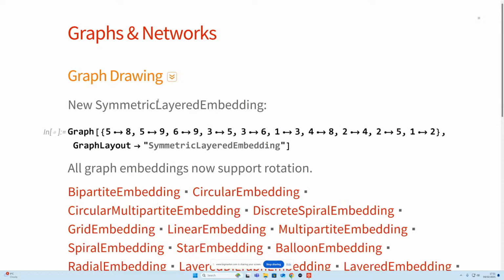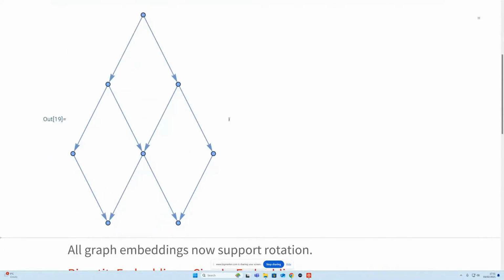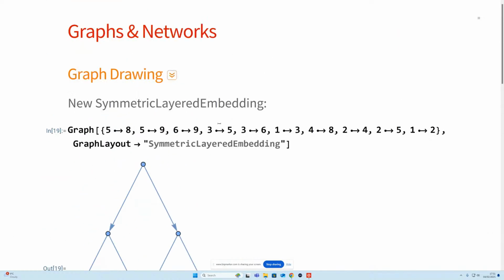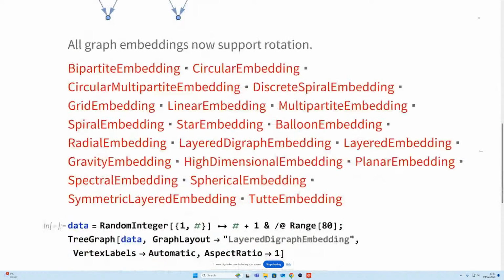So one is a new symmetric layered embedding that is designed to make sure your graphs are beautifully symmetrical. All of the embeddings we had before would draw this graph perfectly accurately, but it was all a bit lopsided. And if you're expecting things to be symmetric, you want the diagram to be symmetrical. So that's fairly minor, just one extra graph layout. But the other is also fairly minor. It's just a single new option called